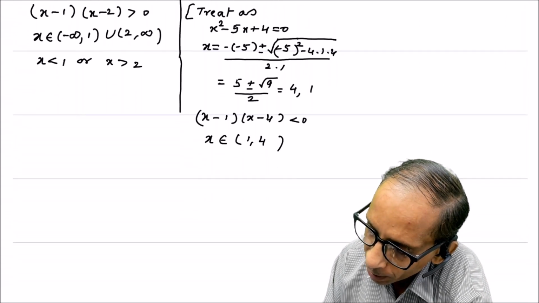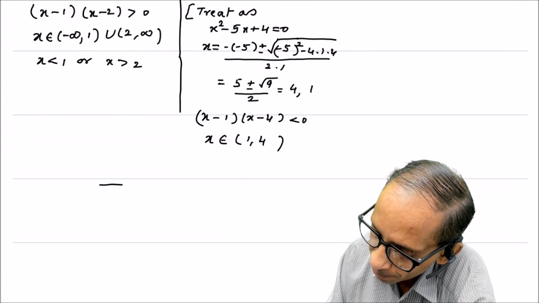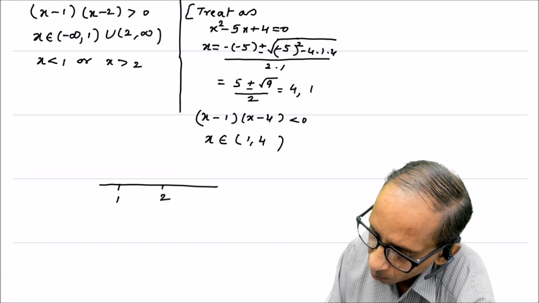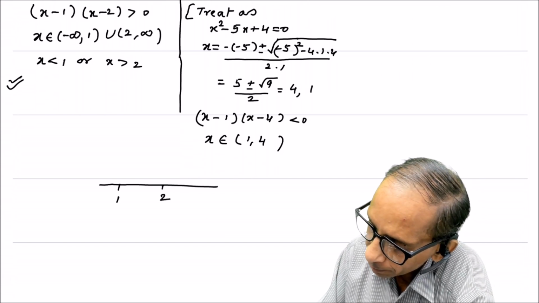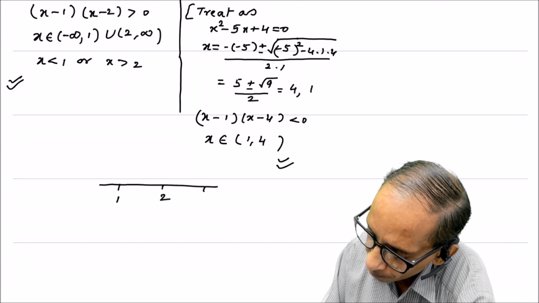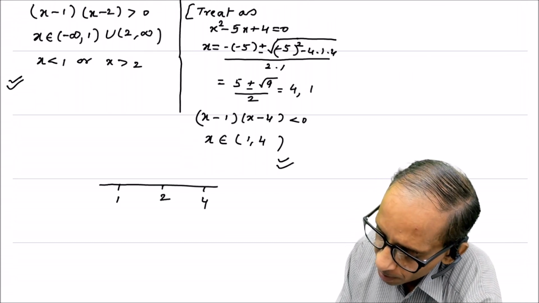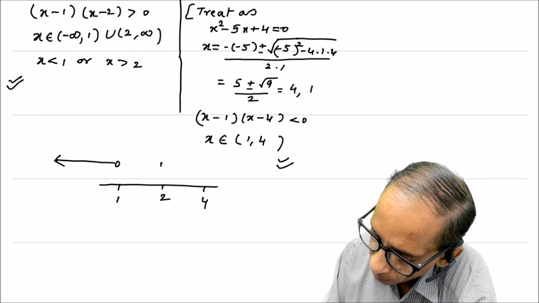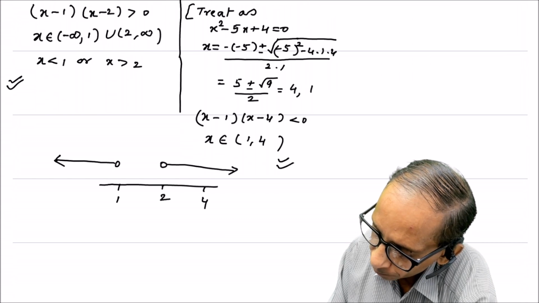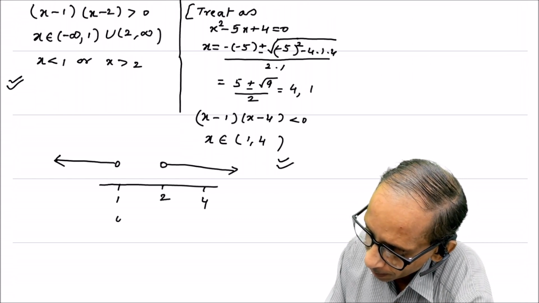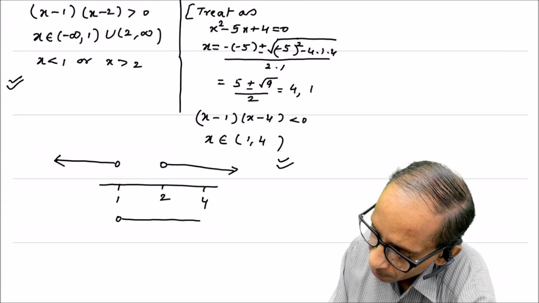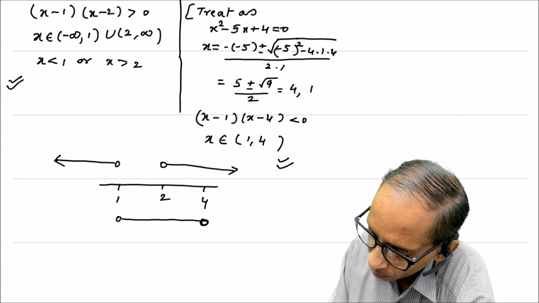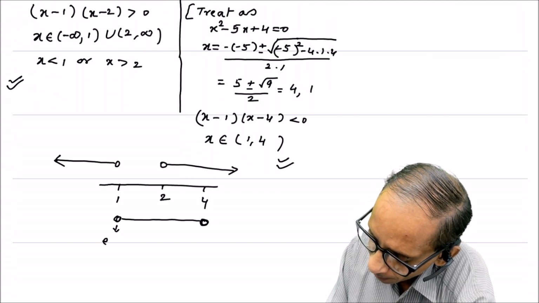So we now come to the number line once again for assistance. The numbers which are crucial for us are 1 and 2 from here and 1 and 4 from here. The first one says that x should be less than 1, that is here, or x should be greater than 2. The second one says x should lie in the interval 1 to 4. The bubbles actually mean that the points are not there. This means x excludes